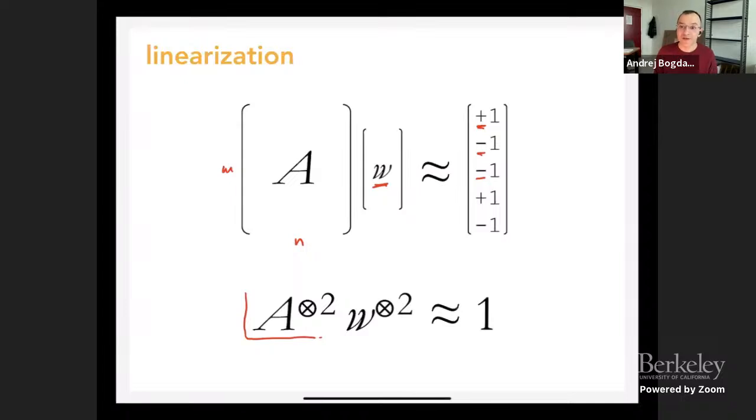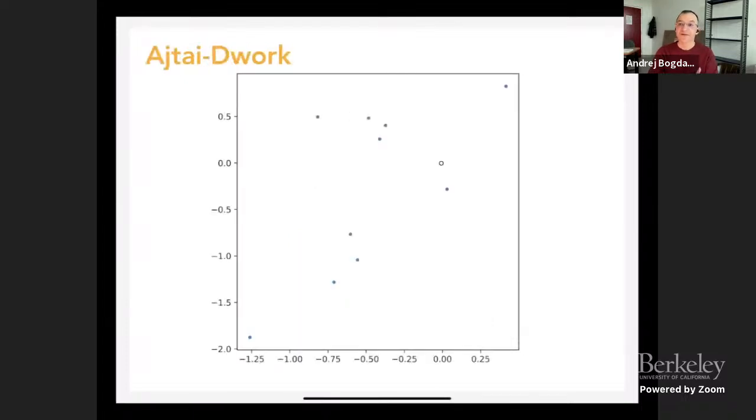So in other words, the nearest Boolean vector to a subspace problem is not particularly interesting when the number of rows is very large, when it's bigger than the square of the number of columns. So this is where an even older idea from cryptography comes from. There is actually a crypto system of Ajtai and Dwork, which is better than the one I told you about from our work a minute ago, which can be explained as a similar idea, but with one additional twist, which really helps improve the parameters.